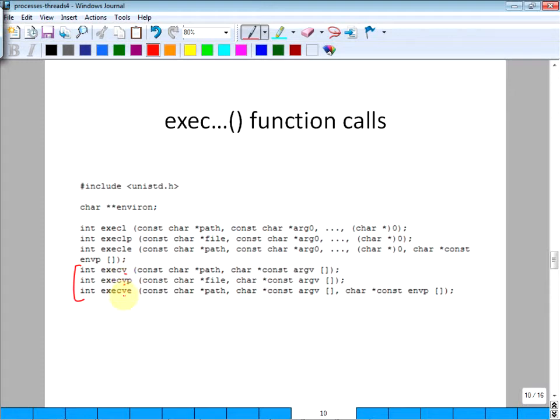You can put it in the array and invoke them, or if you know exactly the number of arguments, you can use the first 3. This is the variable number of arguments. Variable number of arguments you want to pass in, right? Command line. Variable number of command line arguments. You can set up your own array and put this stuff in, and then you can invoke the appropriate, convenient exec function call.